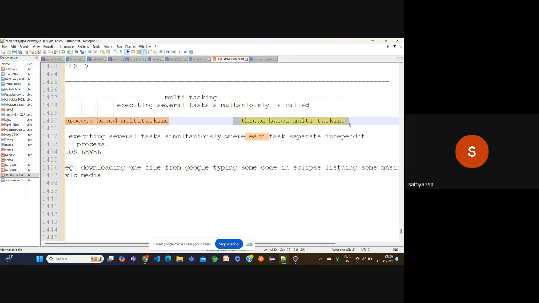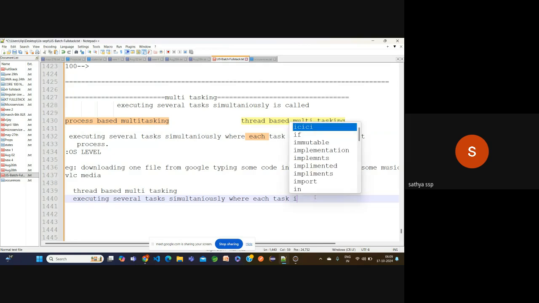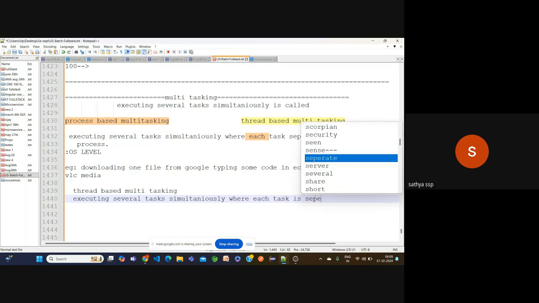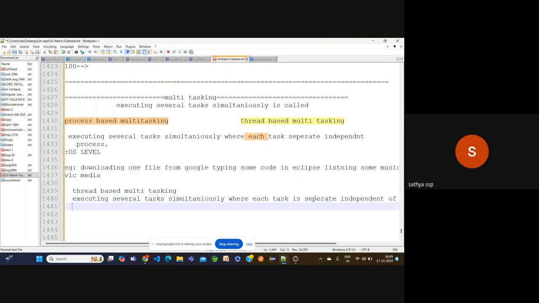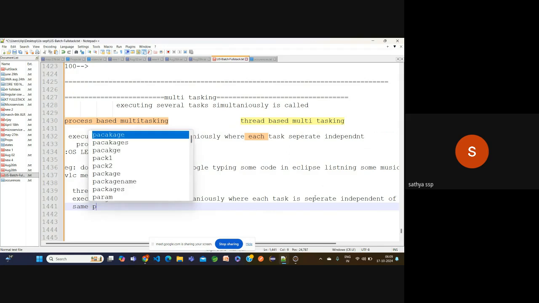Now, what about thread based multitasking? Observe here: executing several tasks simultaneously, where each task is a separate independent part of the same program.